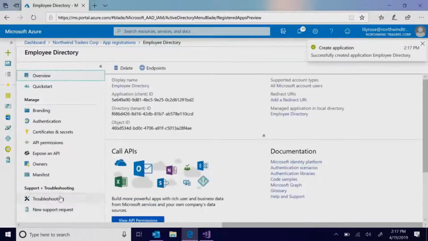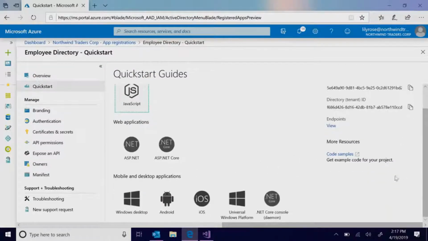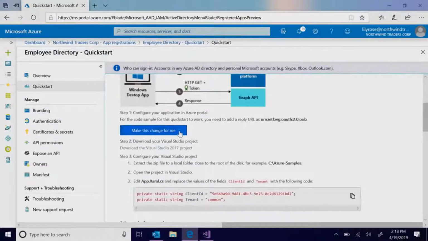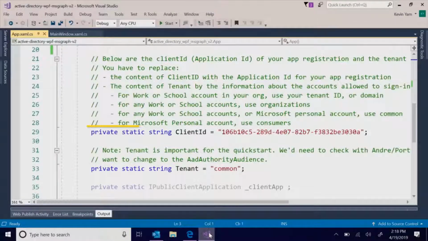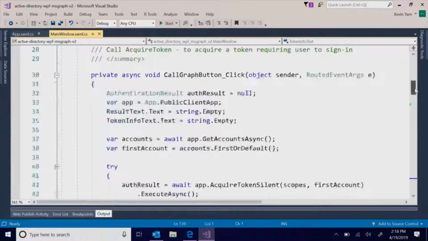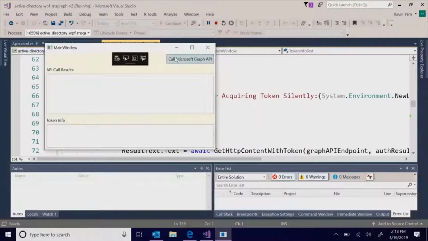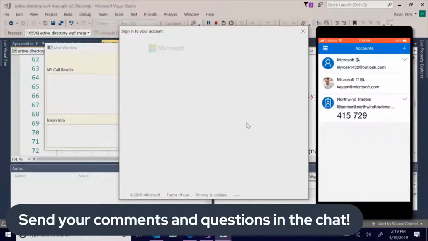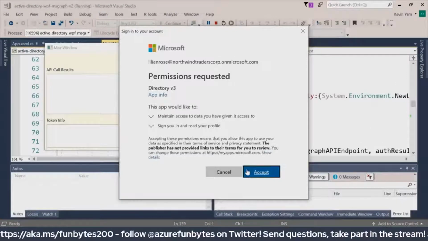Here, we use a quick start to bootstrap an app that authenticates users and calls Microsoft Graph in just a few minutes. The Microsoft authentication libraries in the Identity Platform support key scenarios such as web, mobile, desktop, or single-page apps. Open the project in Visual Studio and update the app's info. With just a few lines of code, the app can sign in any Microsoft identity and call Microsoft Graph. Now, run the app and log in using a work account. After entering the verification code, the user grants consent, and the app calls Microsoft Graph and returns the profile information